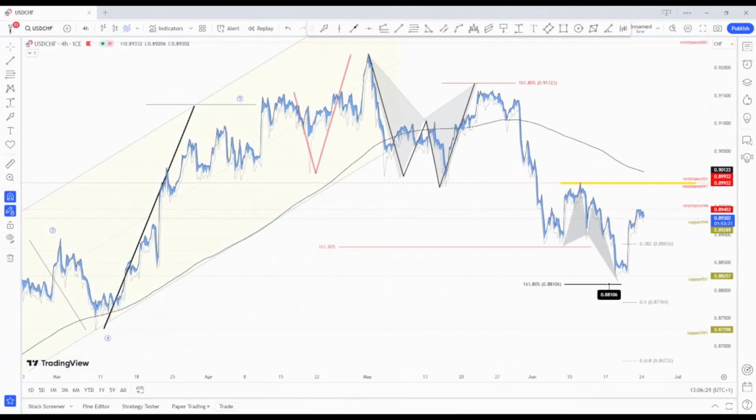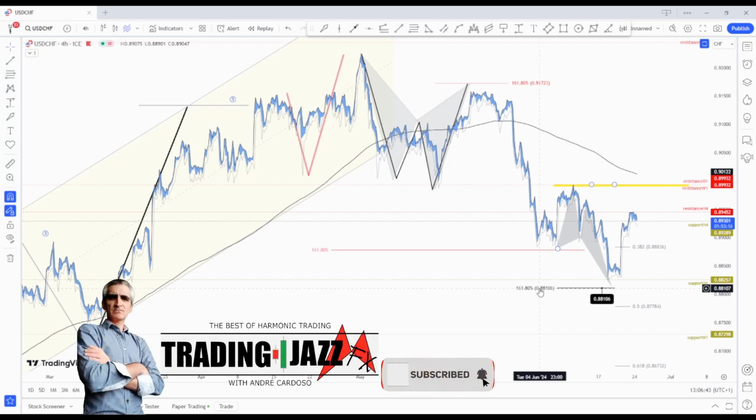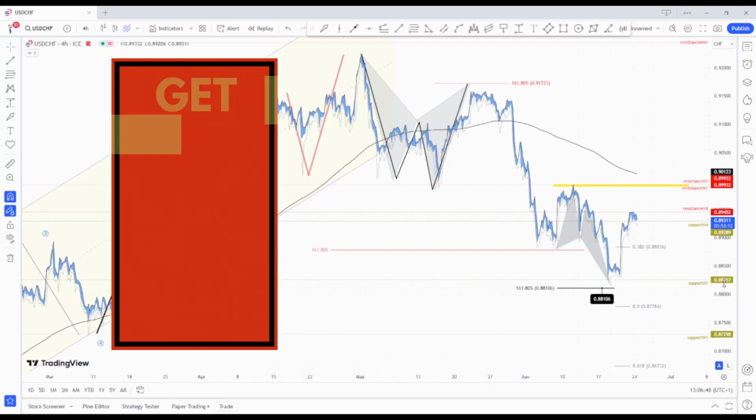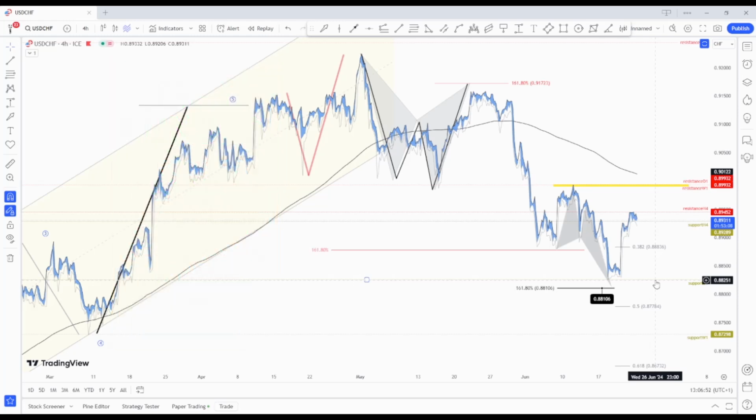Let's jump into the dollar versus the CHF. Good recovery last week, despite not forming the anticipated pattern projected at 88.10 at the golden Fibonacci extension level. It formed a new fractal support at 88.25. We are now watching for the weekly fractal resistance at 89.93. The previous structure highs,